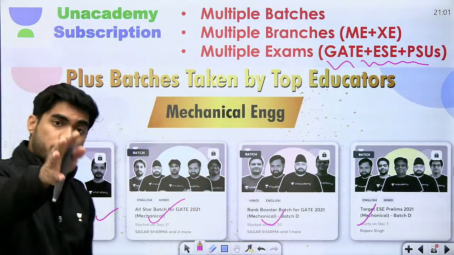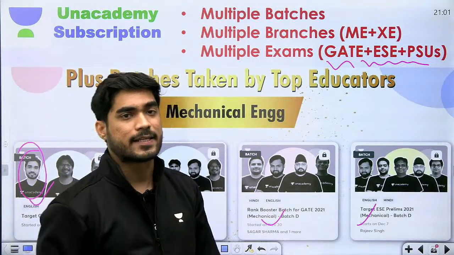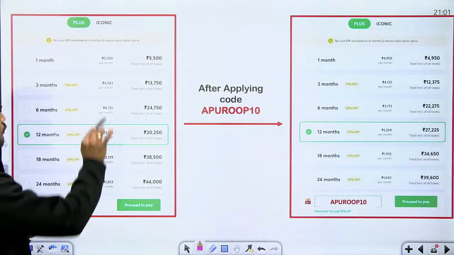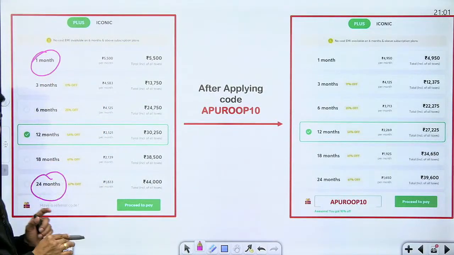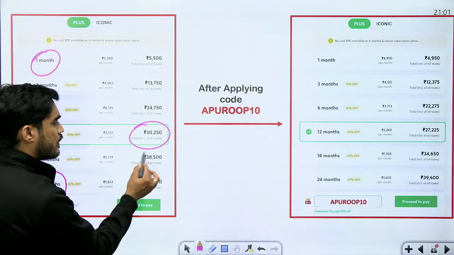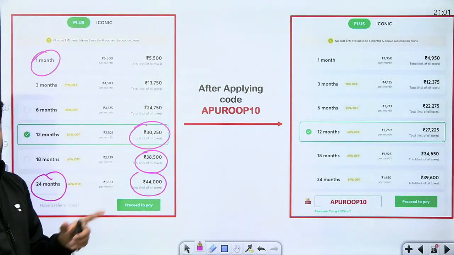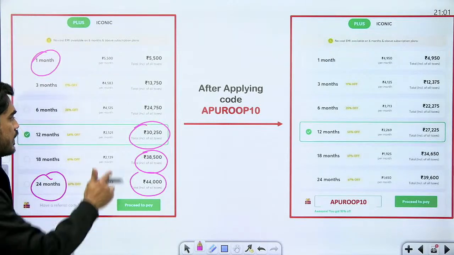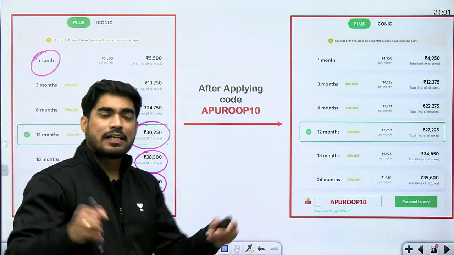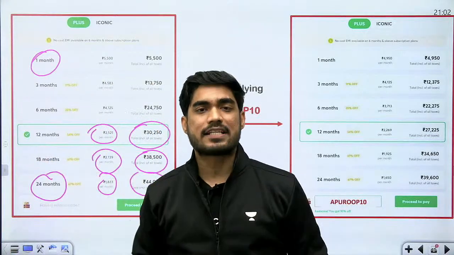Okay. So beta, go to your Unacademy learning app, click on get subscription. You will see different subscription plans. Okay, 1 month से लेके 2 year तक के plan. But if you ask me, I will suggest take this 1 year, 1.5 year or 2 year plan. Okay, this is the long term plan because per month cost is very less. Okay, and you will get enough time to cover all these batches.